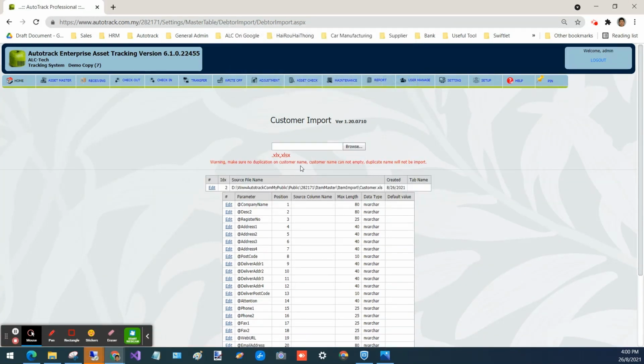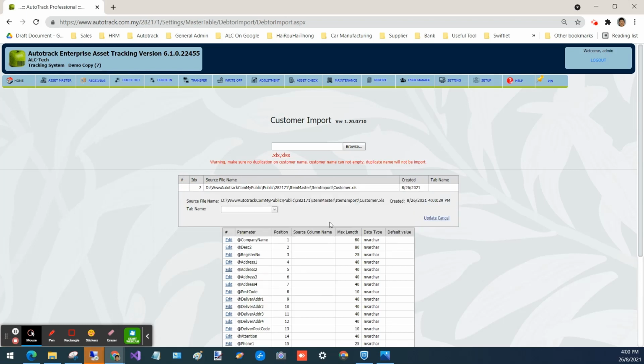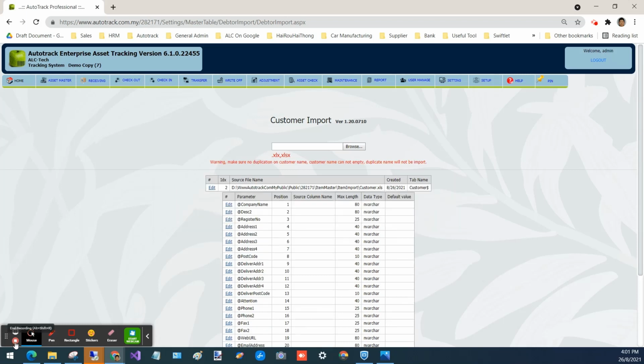Manage to transfer the file into your server. Click the edit buttons and then connect to the customer sheet. Click update. So now the Excel managed to bind through your auto track. We go to the next step on the